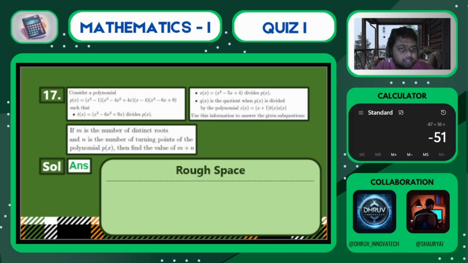ओके, सो इसमें से हमें ये फाइंड करना है कि ग्राफ निकालना है, जिसके बेस पे हम ये फाइंड करें कि हमारे जो डिस्टिंक्ट नंबर ऑफ रूट्स हैं वो एम से डिनोट करते हैं, और जो नंबर ऑफ टर्निंग पॉइंट्स हैं ग्राफ के, मतलब जहाँ पे ग्राफ अपना डायरेक्शन चेंज कर देता है, उसको एन से डिनोट करते हैं। और ये पॉलिनोमियल पी एक्स है जिसके हमें एम प्लस एन की वैल्यू फाइंड आउट करनी है।